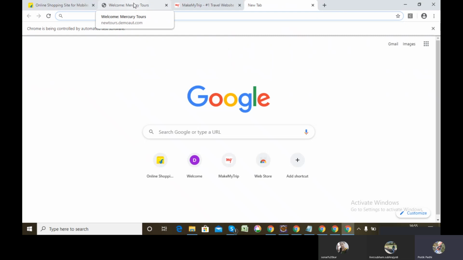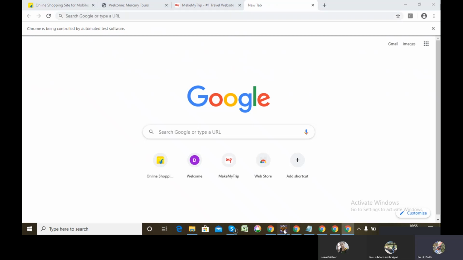There is no requirement that when switching control from this to this, you have to switch to the parent first, and then from the parent to that tab. No, for any tab where you have to do an operation, directly switch your control to that tab. From here you can go to here, from here you can directly go to here, from this tab you can directly go to this tab. Any tab you have the control in, and the next tab where you have to perform the operation, directly switch to it with its window ID or tab ID.